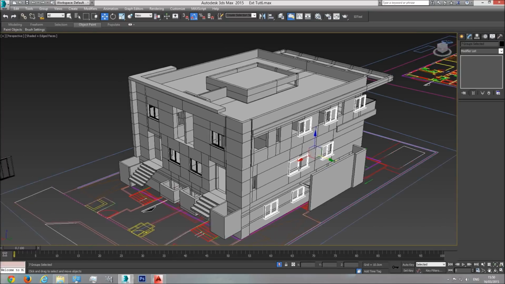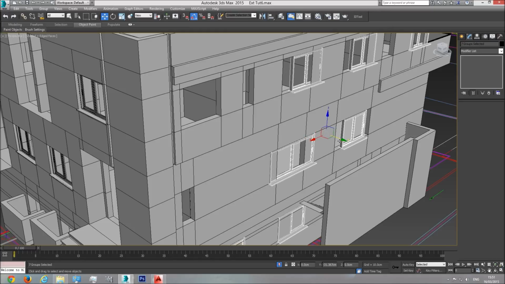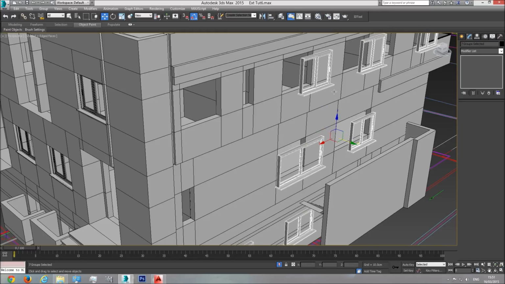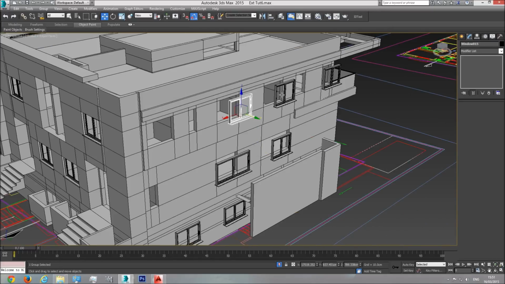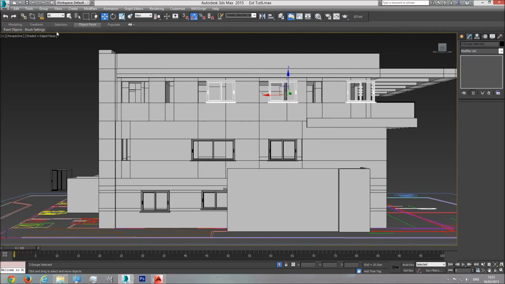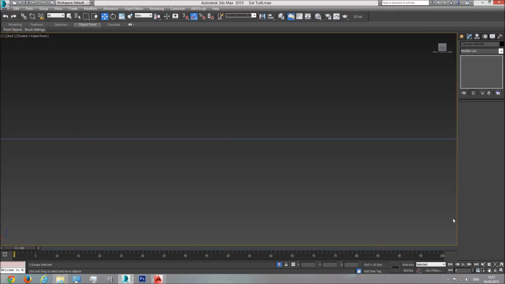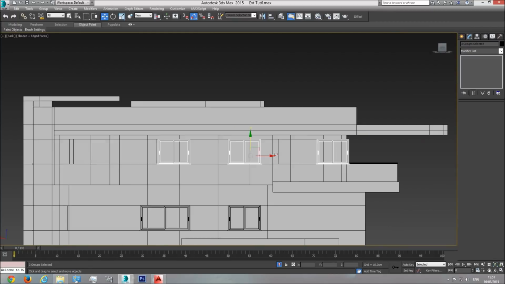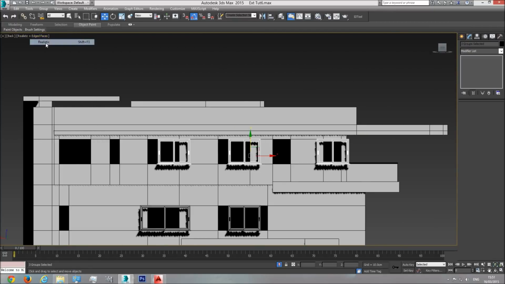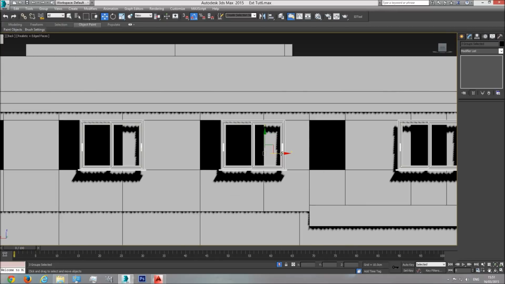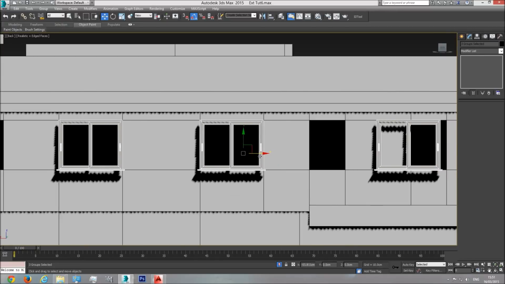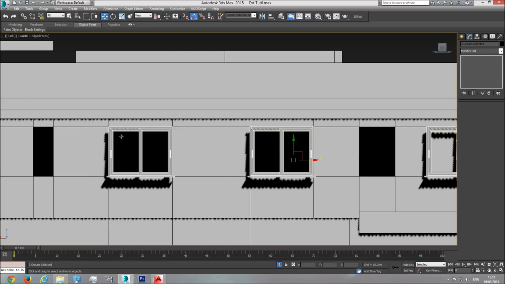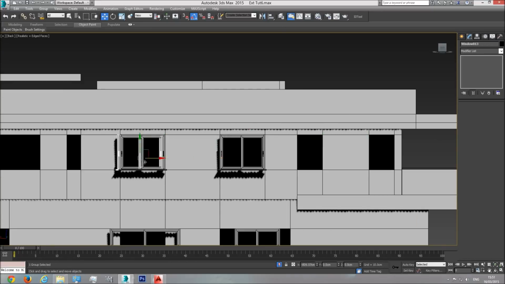So don't worry about them not being in place on the y-axis. I'm going to fix that later. What I'm going to do is select 1, 2, 3, go to the back viewport, and hit realistic so I can see the black parts of the interior of the house, and just place the windows. This one is fine, this one also,